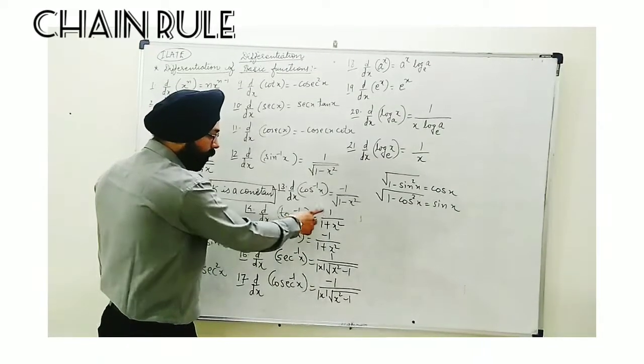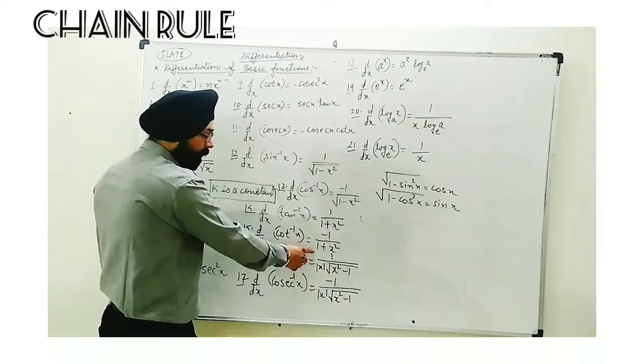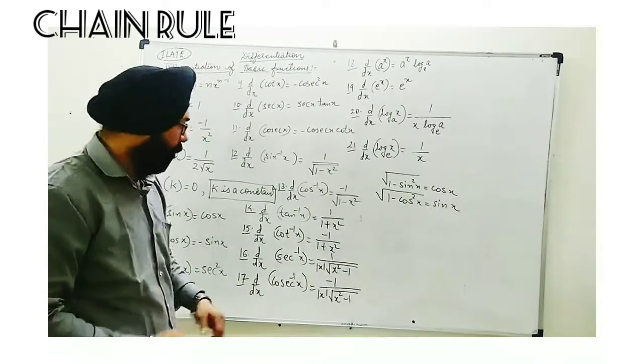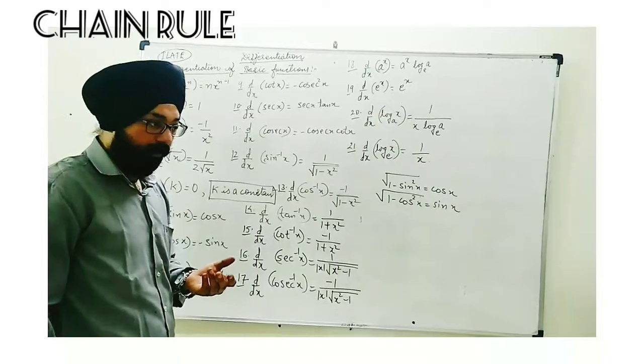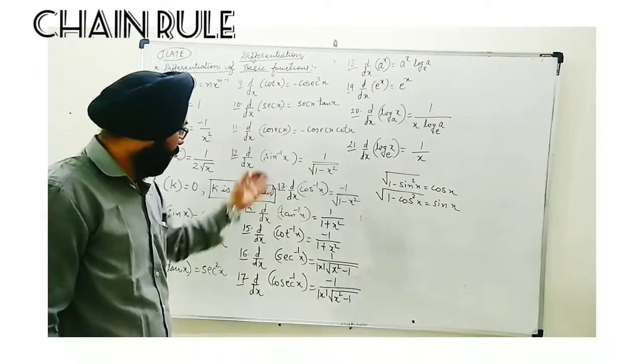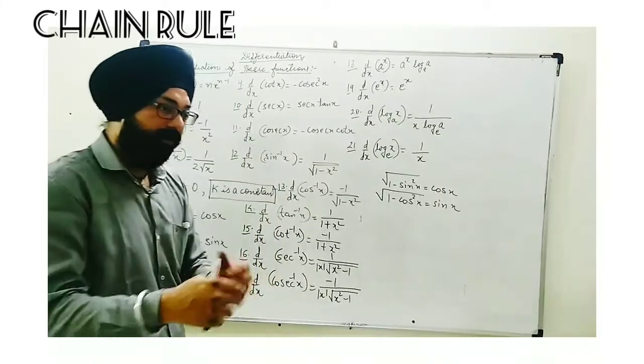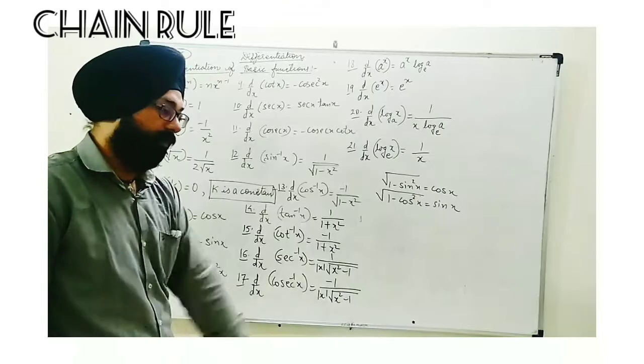The derivative of tan inverse x is 1 upon 1 plus x square. Cot inverse x is minus 1 upon 1 plus x square. Now maybe you are thinking where to get them from. So once again I'll suggest these also can be obtained using first principle. All the differentiation basic patterns are obtained from first principle.